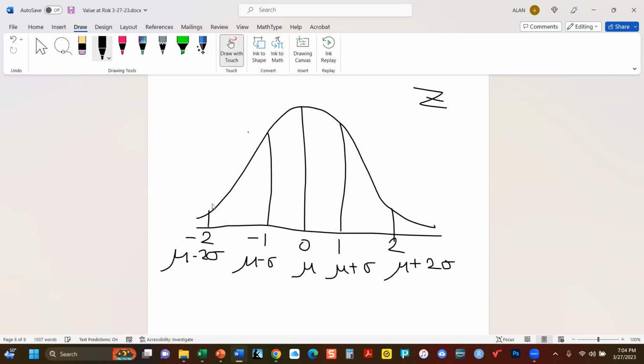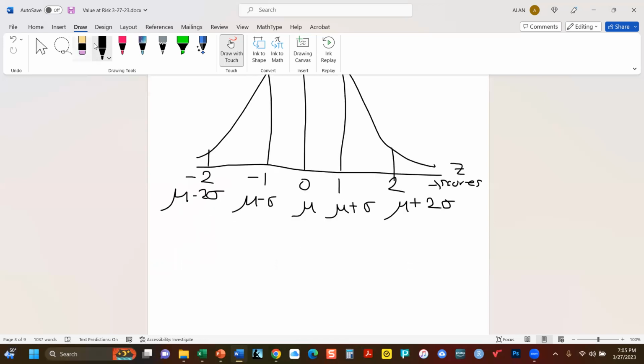The great thing about this distribution is the numbers, the z-scores, these numbers down here, correspond to different numbers of standard deviations above and below the mean. Now we can use Excel to find out what is the probability of reaching any of these values. So just as a quick example of how this would work,